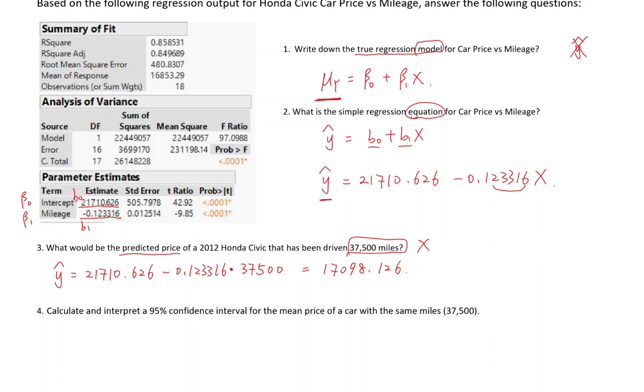The question is asking what will be the predicted price. So what is the predicted price? It will be this price. Alright, so for this question, it is easy because we use these exact miles. But what if I ask you what will be the predicted price if the car has been driven for, say, I give you x value is 37.5, where x is in, let's say, 1,000 miles.